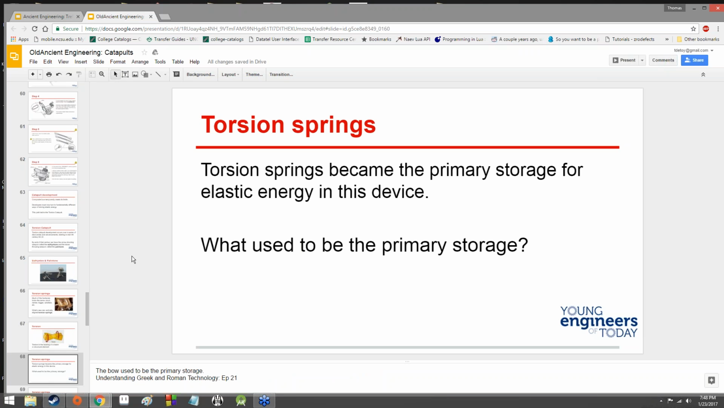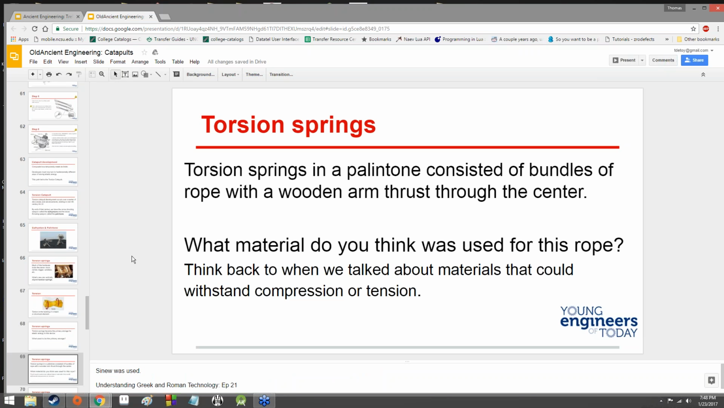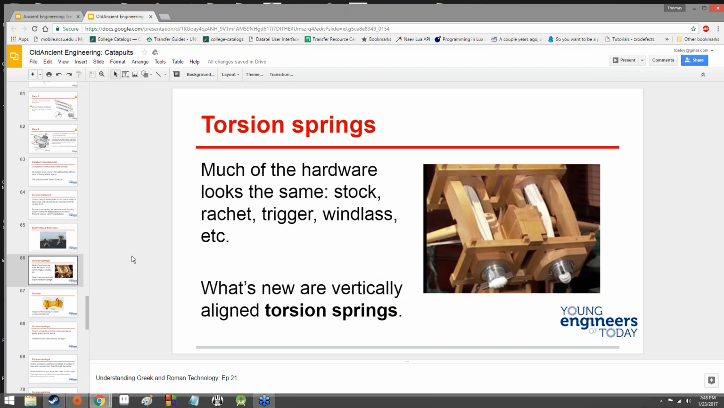I say what used to be, this says what used to be the primary storage, but you guys have memories longer than 5 minutes. So, it was compression and tension. And torsion springs in a palintone consisted of bundles of rope with a wooden arm thrust through the center. So as you can see again in this illustration here, there's a whole bunch of ropes as these